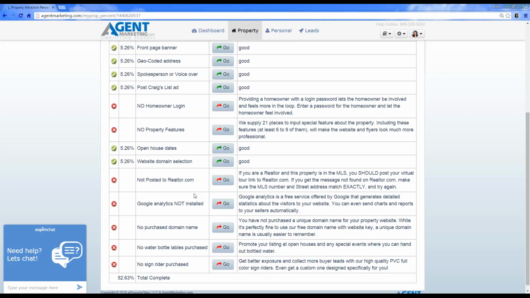And last but not least, there's the 3 options to purchase a domain name, water bottle labels, and a sign texter. Now, I cannot express enough how important having sign texters are in front of the home. The reason why is because you get leads right away from those sign texters when consumers text about the property. They can be standing in front of your home and looking at the home, and you have flyers in there. How are you going to know that they were there and capture their information? With the sign texter, they can text about the property, get the information directly on their phone, and you get notified right away that they're at your home, or that you're at their listing, and they want more